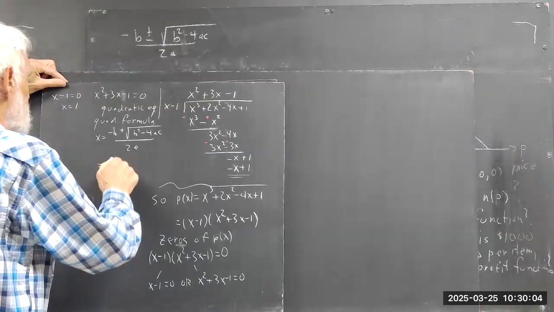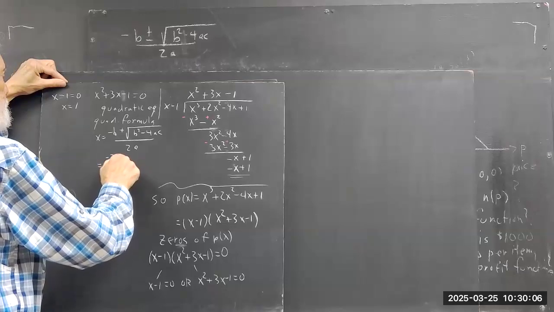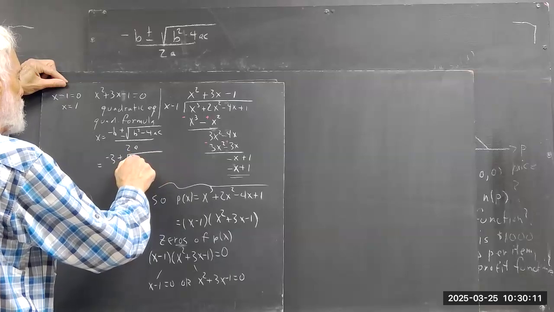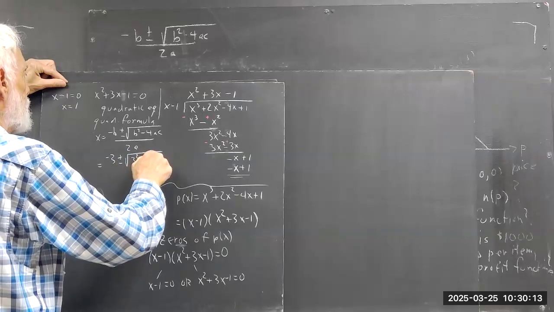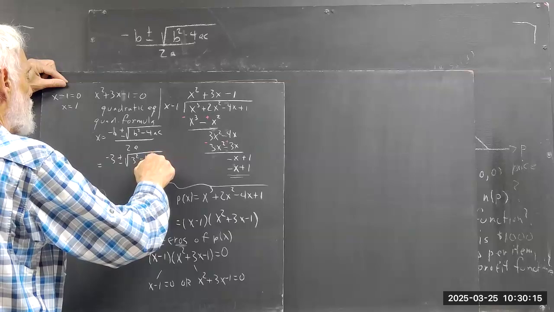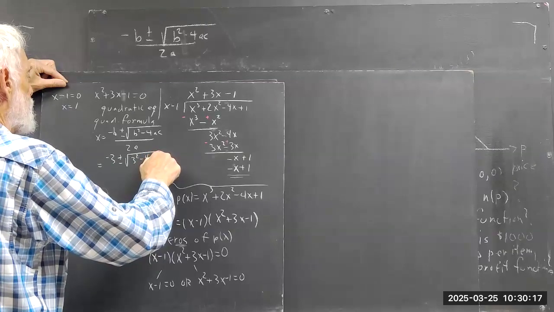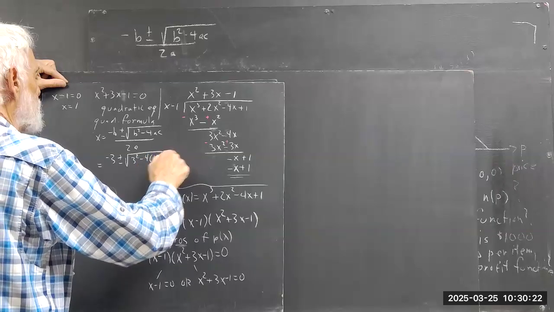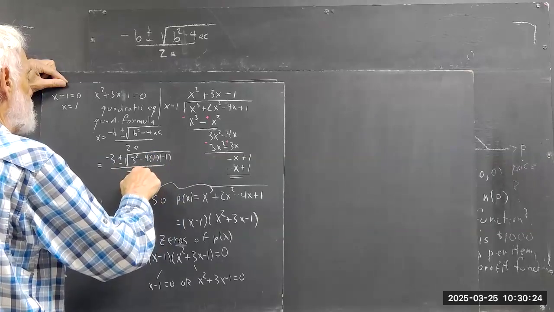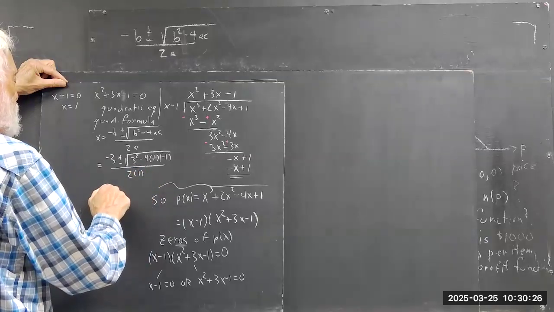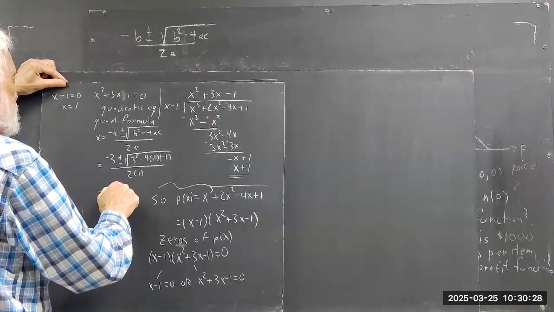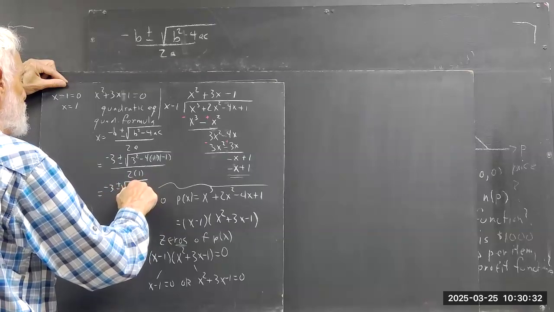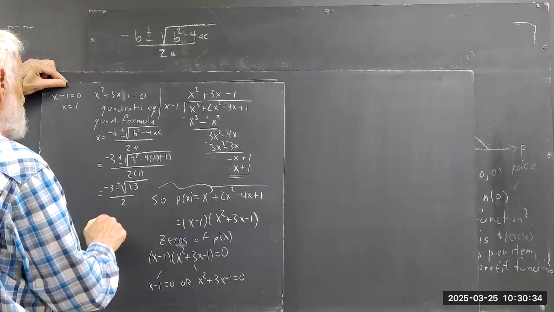Okay, well, b is 3, so negative 3 plus or minus the square root of 3 squared minus 4 times 1 times negative 1, putting it in order, all divided by 2 times 1, which is negative 3 plus or minus the square root of 13 over 2,